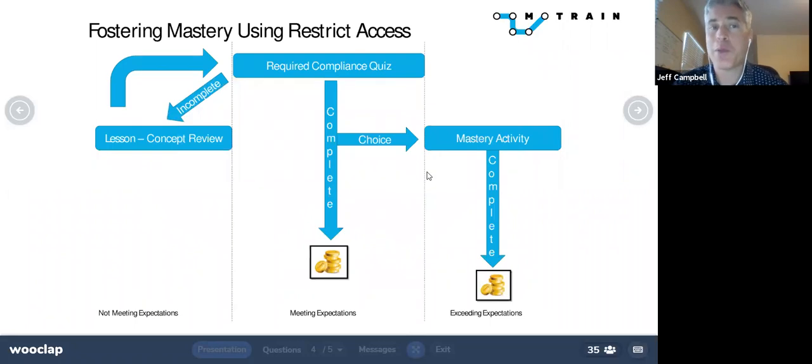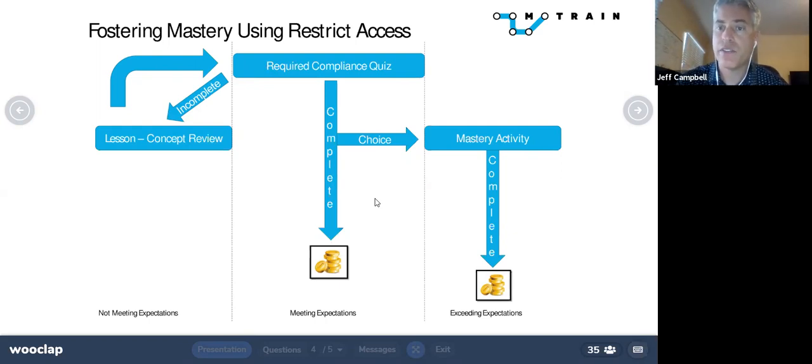And I'm glad to see that a lot of people are interested in mastery, because that was one of my big things coming up when we used this system with the restricted access feature in Moodle. So let's say you have a quiz that everybody's required to do. If they complete it, we can allow some coins to come across. Let's say they don't complete it, and the grade to pass is not high enough. We would hopefully have a support loop, as I call it, to help them get back up to where they need to be. But if they do complete and earn those coins, we can then, with the restrict access feature,